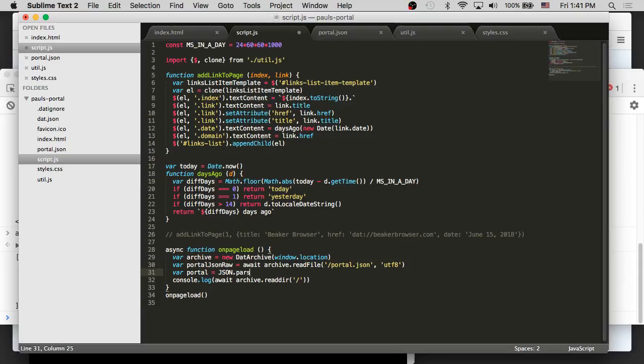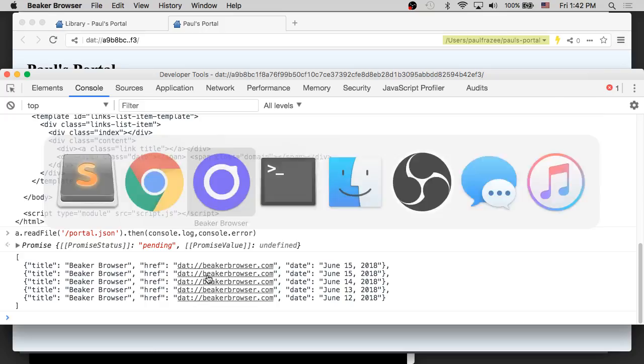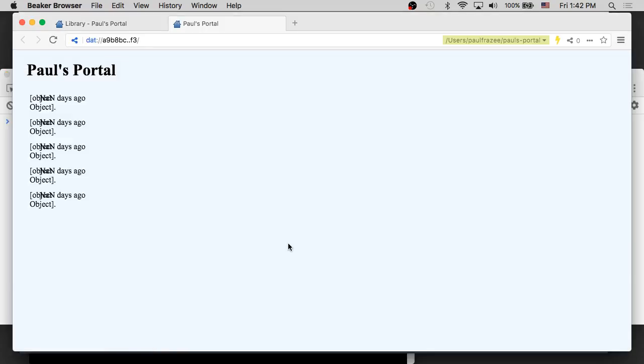Yeah, I'll try to keep the language clean. Alright, parse that JSON, and then really it's pretty straightforward. We're just going to iterate these things and call add link to page on every one. And if we're lucky, fingers crossed,